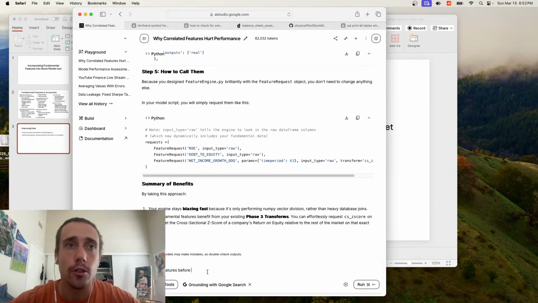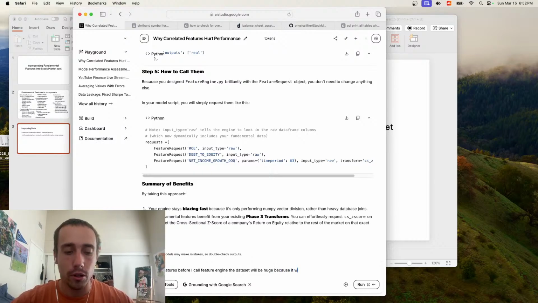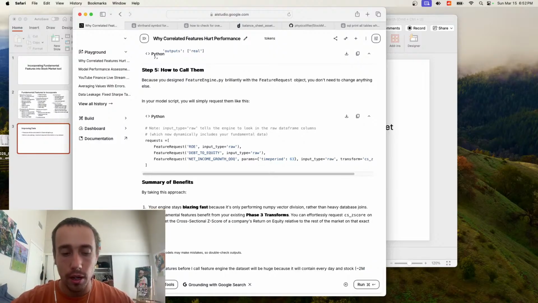If I add the features before I call feature engine, the data set will be huge because it will contain every day and stock, about 2 million rows, and it will also have about 90 columns.